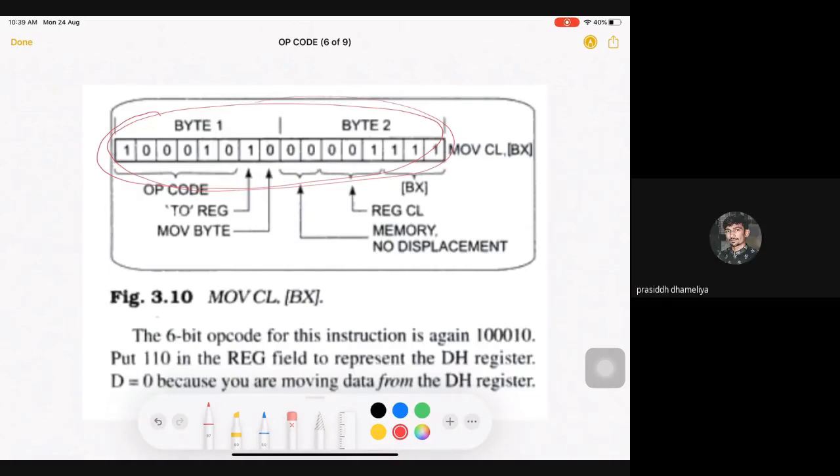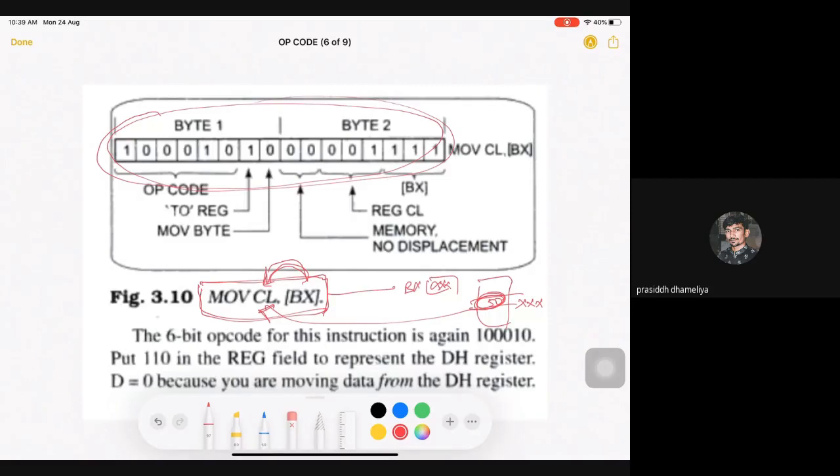Yes, sir. Okay. Just for all of your sake, what you need to do is first you need to understand your instruction. What your instruction does. So in this case, my instruction is transferring data from BX to CL. Here BX is a memory location. So it will go to the BX register. Some value is stored on that location. Suppose 50 is stored, then this 50 is copied into CL. This is what my instruction is doing. So this thing should be clear in your mind.